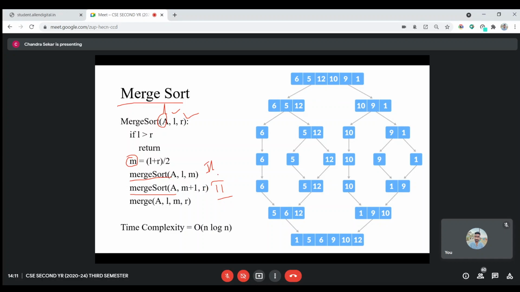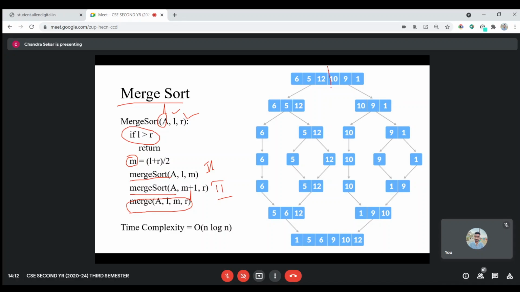So it is first going to divide the array into smaller halves. It is going to perform dividing the array into subarrays until left is greater than right. If left is greater than right, it is going to stop the process. Afterwards, it is going to merge all the elements.